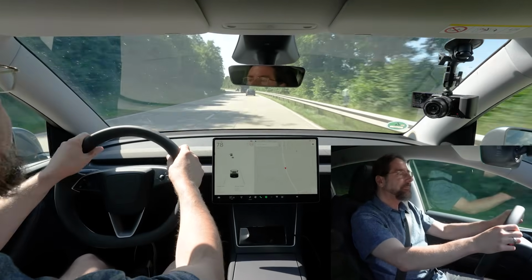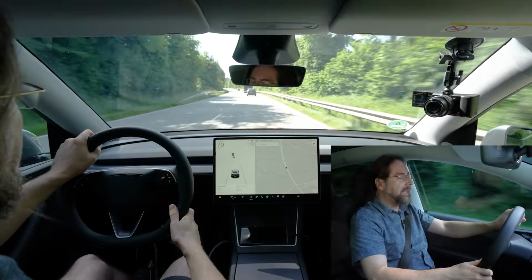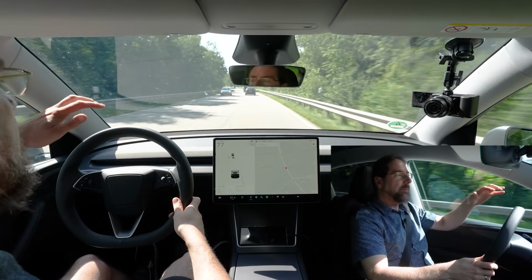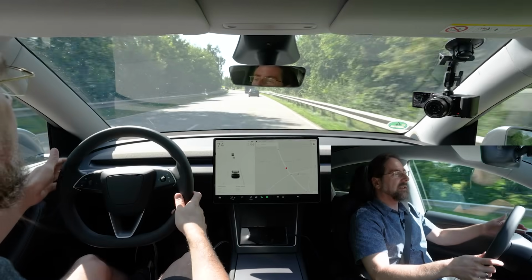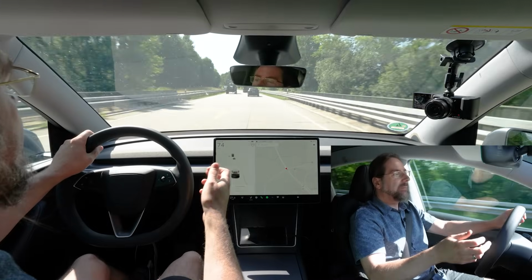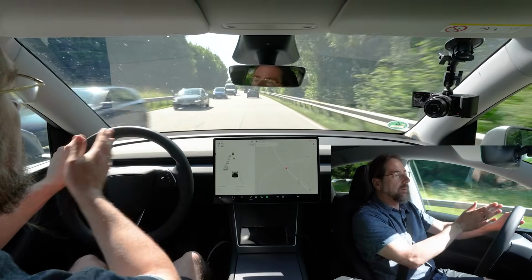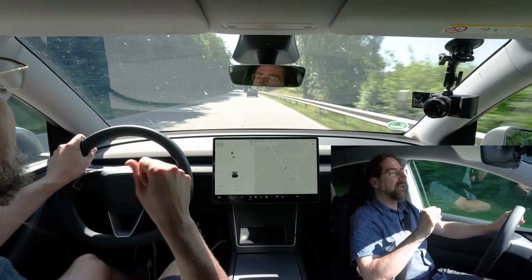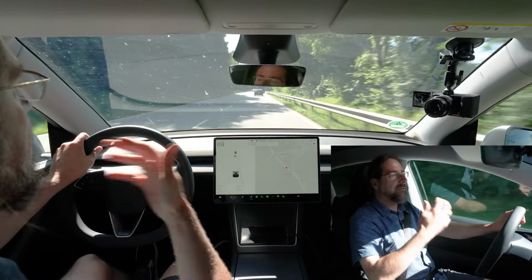The indicator, it's nice that we have a stalk for the indicator and not the buttons like the Model 3. And when you indicate left, it's not staying in there and then jumping out. No, it's just a switch that you put in. There's no tapping. It's just a tap, and then it's just on, and then when you switch a lane or go somewhere, it automatically goes off because it knows, hey, you did something. When you're on a roundabout, for example, and you go out, it just stays on because it didn't recognize that